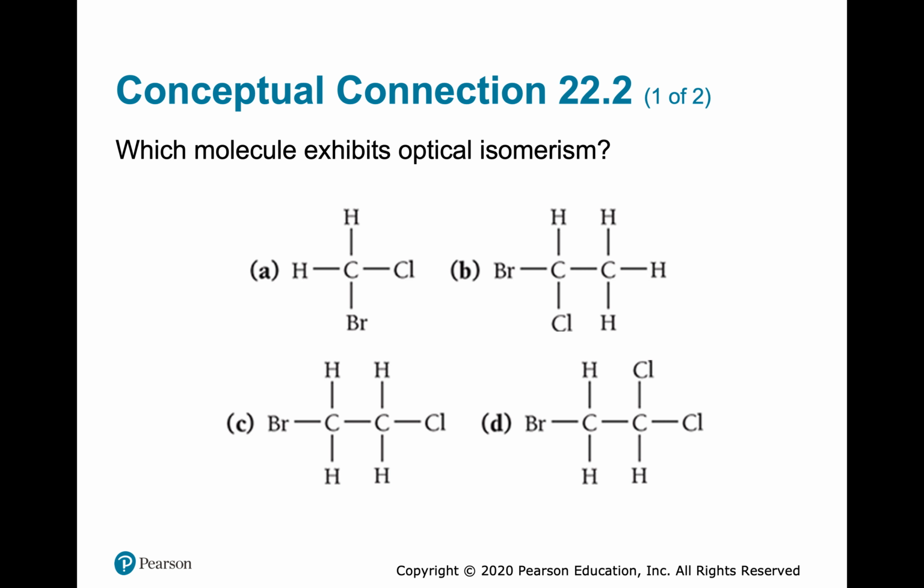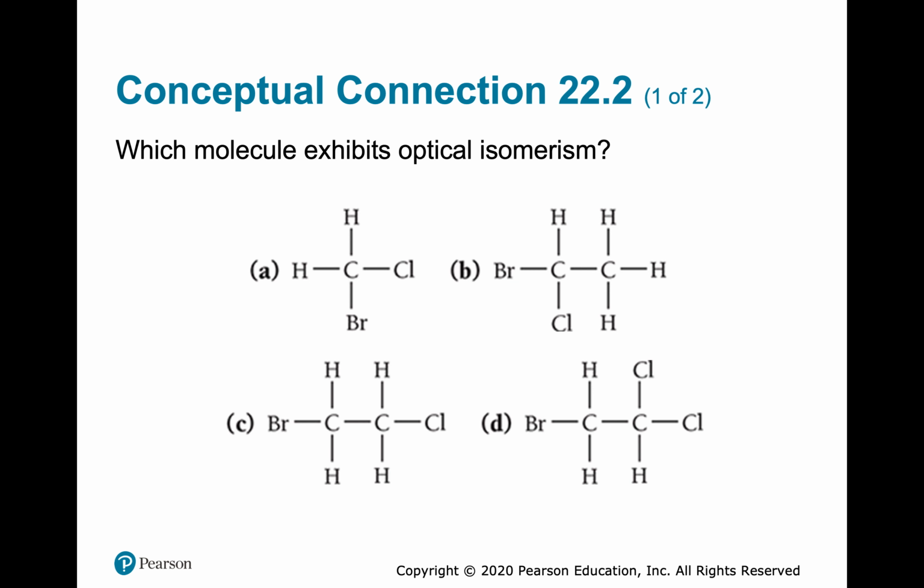Which one is going to have optical isomerism? It means you have to have a carbon with 4 different things on it. If you look at A, there's only one central carbon, and it has a chlorine, a bromine, and 2 hydrogens. There's not 4 different things, the hydrogens are the same. Now if you look at B, the first carbon to the left has a bromine, a chlorine, a hydrogen, and a CH3. That's 4 different things. So B is going to be optically active,